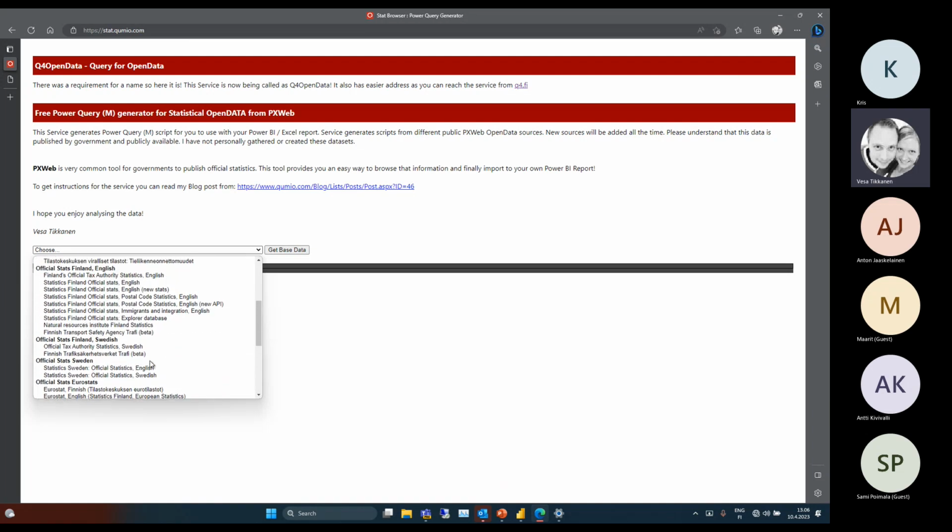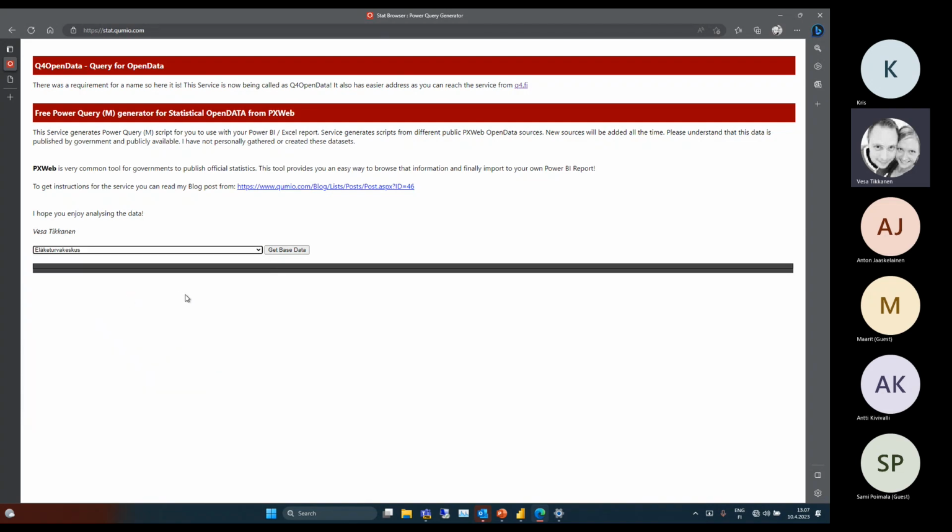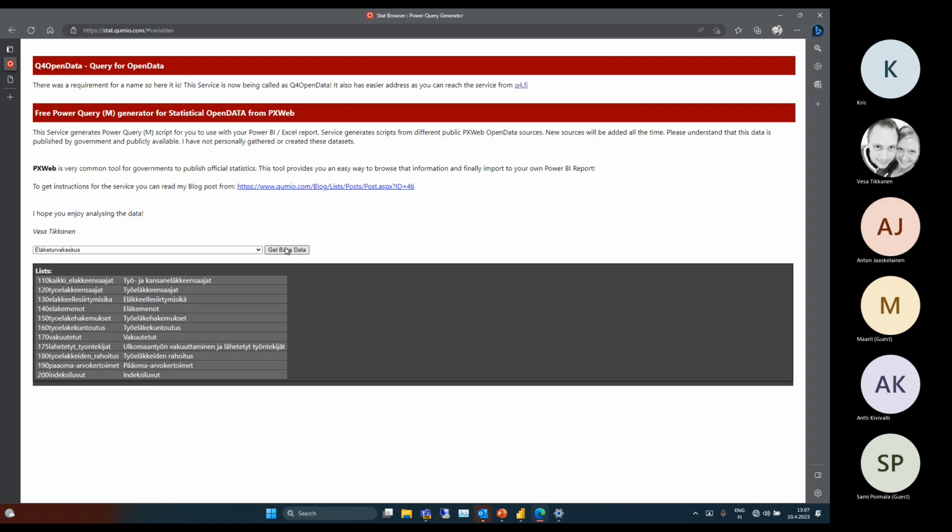But today, to give you a feeling of how it works, we will use Eläketurvakeskus statistics, which is quite a new source in this service. It's the pension care provider in Finland. So actually, the provider who maintains all the money that is paid out from the pension care system. So if you choose the provider